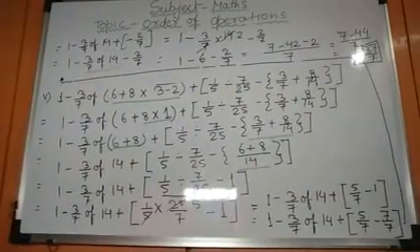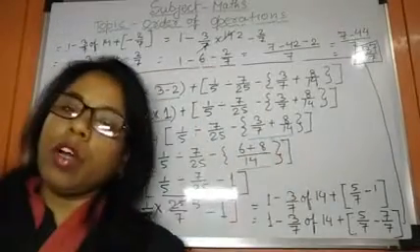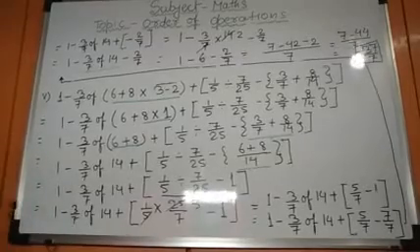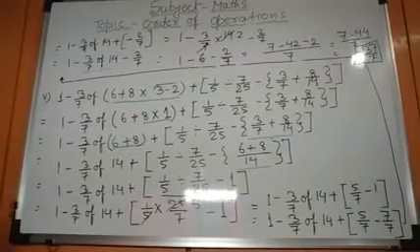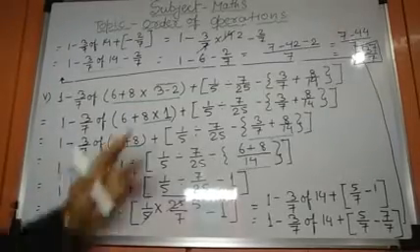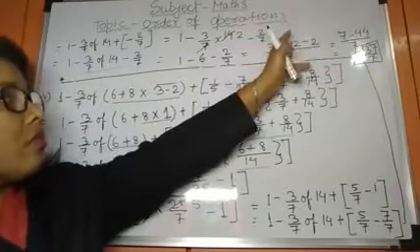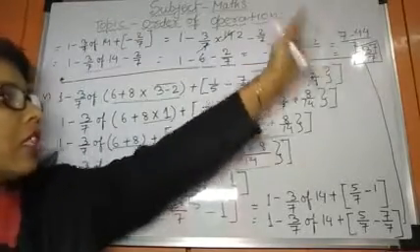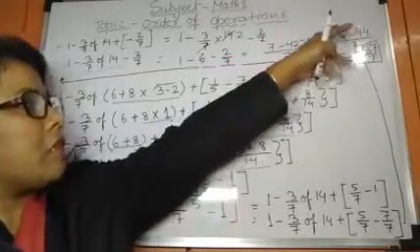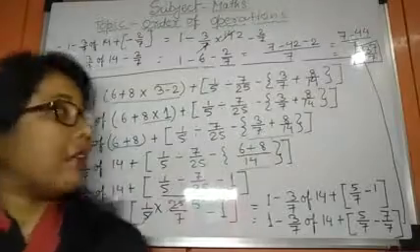So in this VBODMAS, first of all we will complete the work of the vinculum. Then we will go to the bracket, then division, then multiplication, then addition and subtraction. This is a very big sum. At last you have to keep in mind that these two numbers have negative signs, so you have to add these two numbers first, that is minus 44. 7 minus 44, that is minus 37 upon 7.